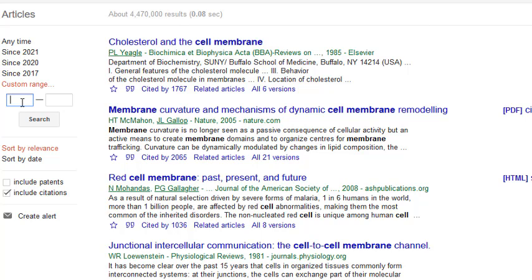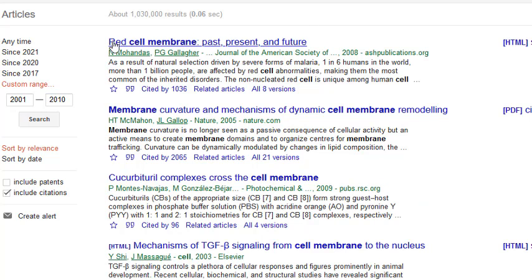Let's suppose I search from 2001 to 2010 and I will click the search button, so it will show me different types of articles published between these dates. When I click on these articles, they will open for me and I will download it.